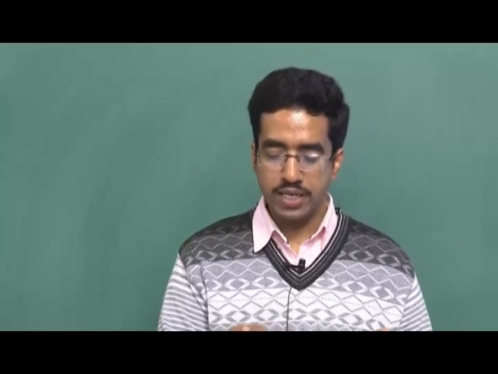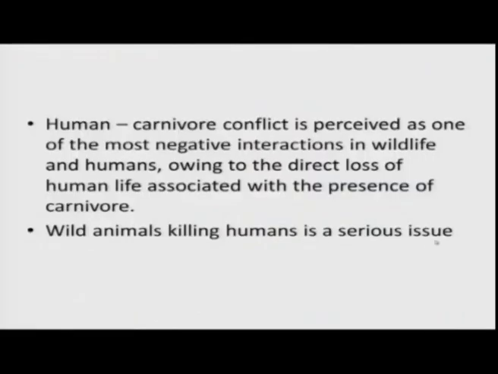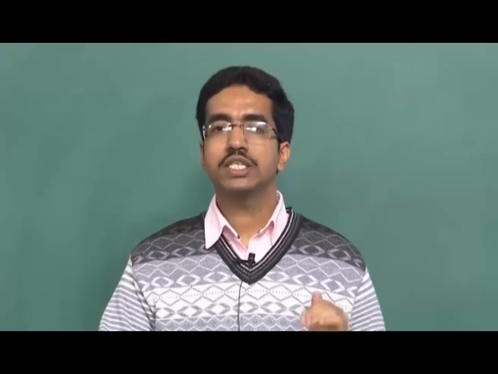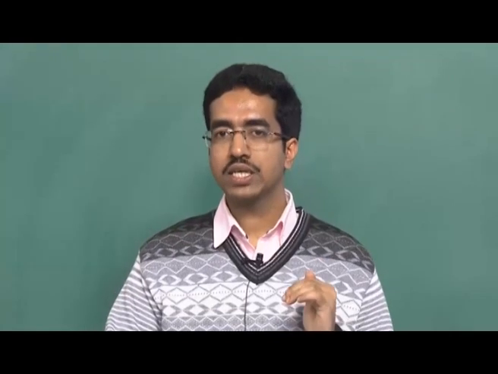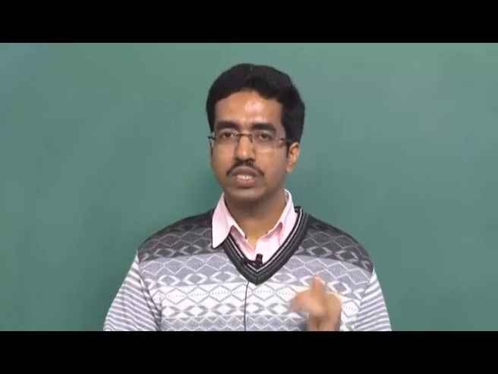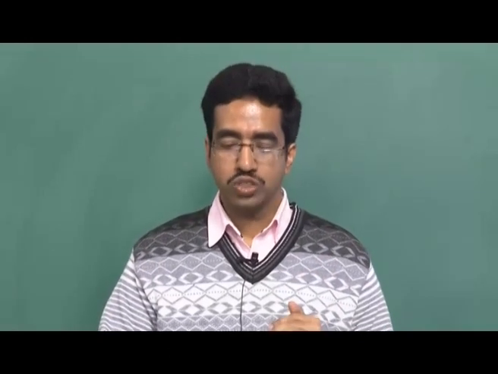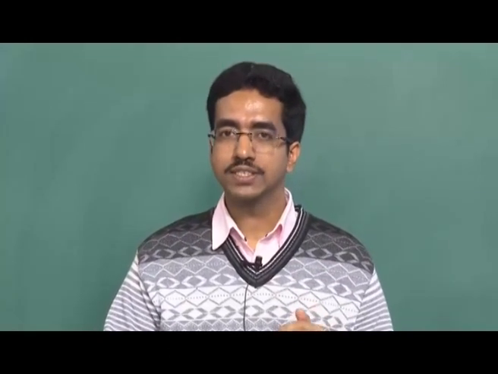So, you skim through it, and if you delete all the unnecessary details, the essence you can capture is something like this: wild animals killing humans is a serious issue. So, remember, when you are skimming, your goal is to just get the main idea. You will worry about the supporting details when you read something for detailed understanding, that we will see later on. So, at this stage, this suffices.